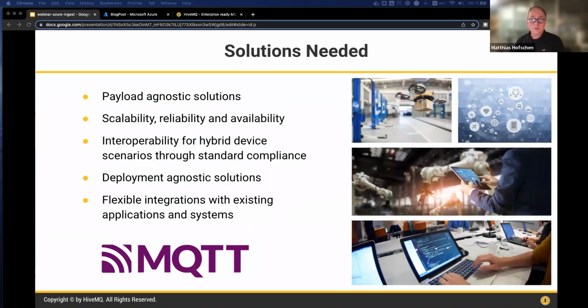So we need solutions that provide certain characteristics. These characteristics are a payload agnostic solution. MQTT at its core is a binary protocol, and it can take any formats such as text-based formats like JSON, XML, or encoded formats like protobuf,